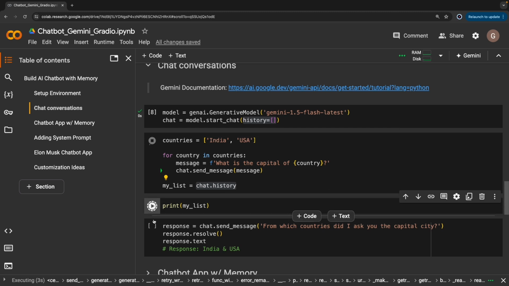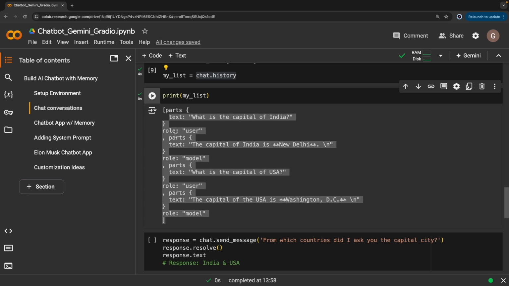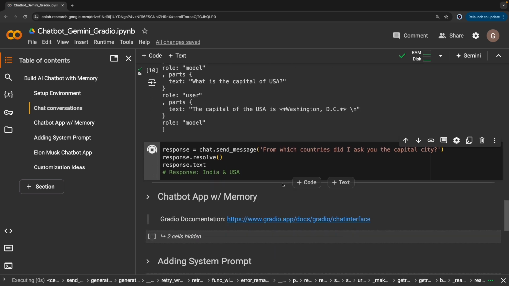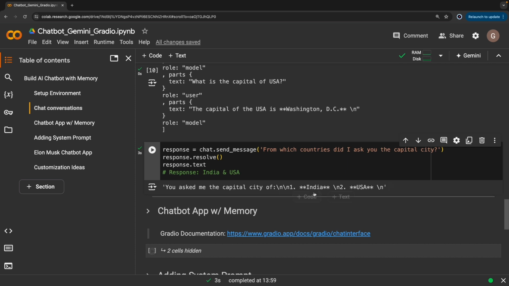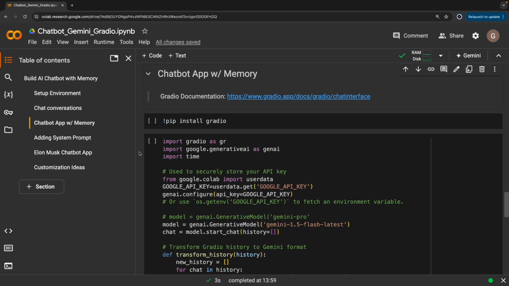Alright? Now, let's see what we get. So, as expected, we are getting a nice clean chat history that got recorded. Now, when we have our chat history, we can put further related queries and the model remembers context. Sounds good, right? Now, as final step, we are all set to build a front-end UI for our chat app